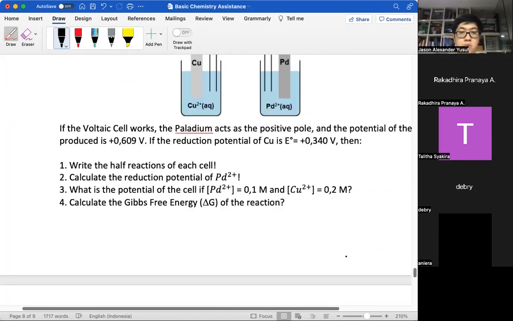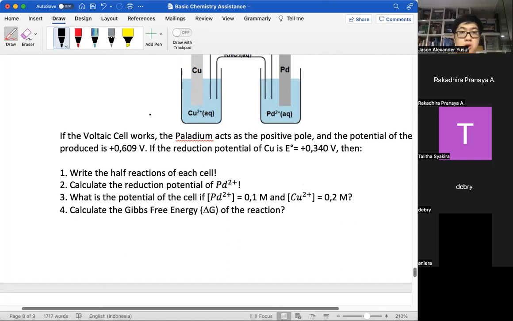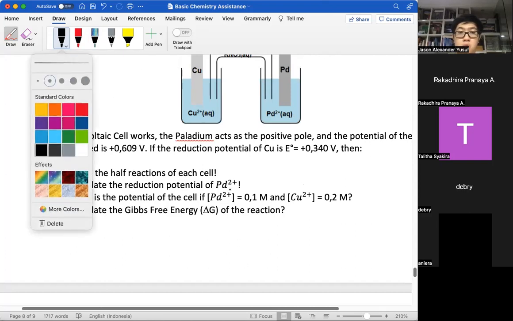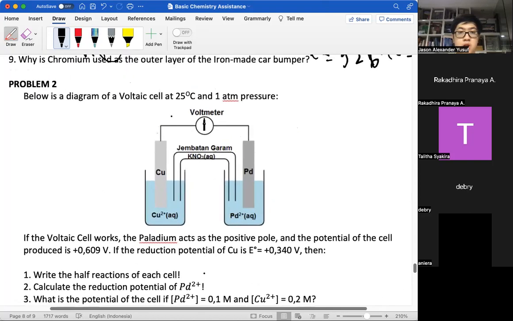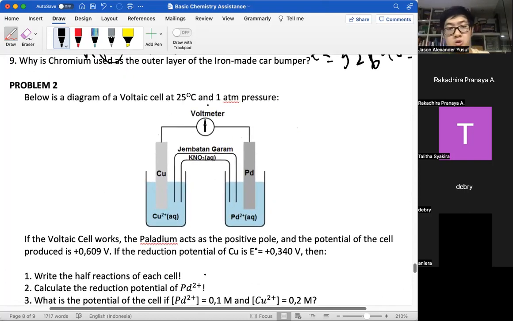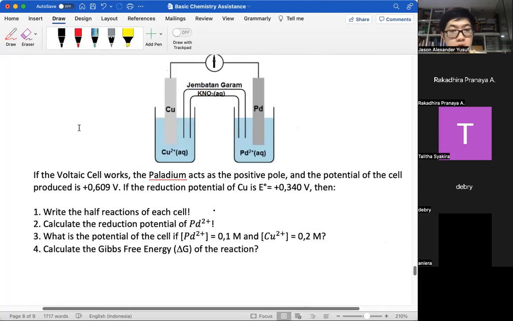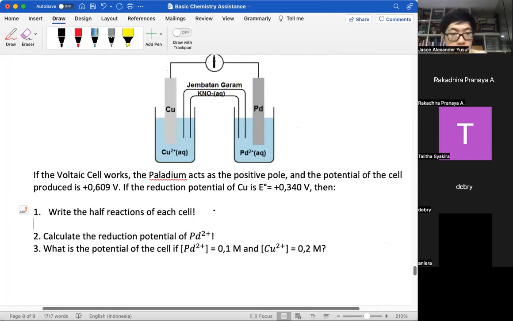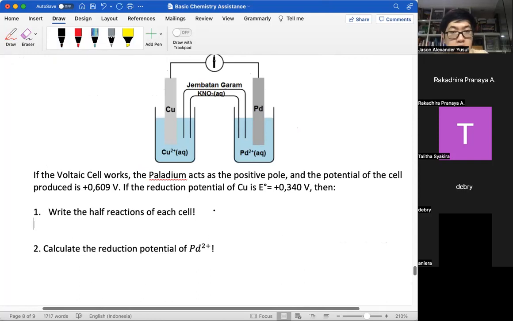And so this is the final problem that we have for tonight. I'm going to be quick on this. This is a galvanic cell, in which the reaction occurs spontaneously, but then there are certain equations that occur here. Okay, first of all, we need to write the half reactions of each cell. And in order to identify which one is the half cell, we need to know the value of the Cu. And so because Cu tends to be at the bottom,